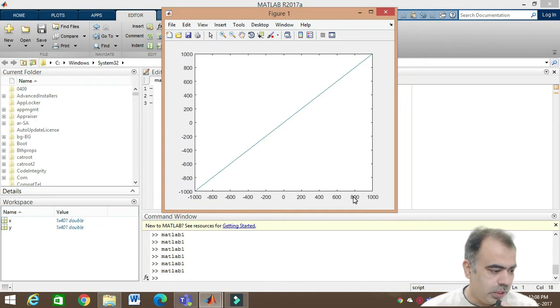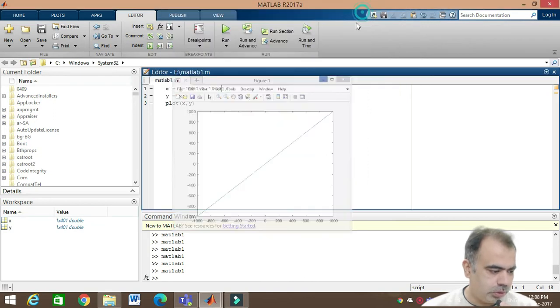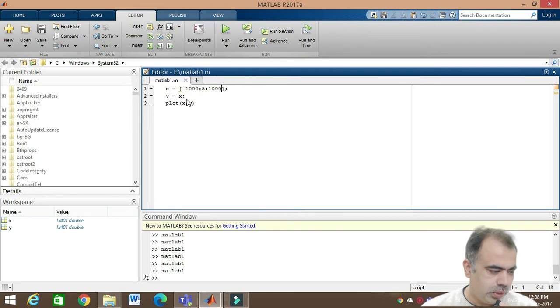This time it will divide the whole range by 5, so 2000 divided by 5.